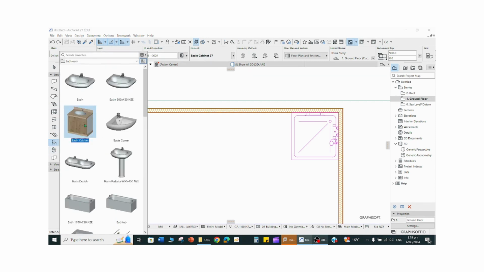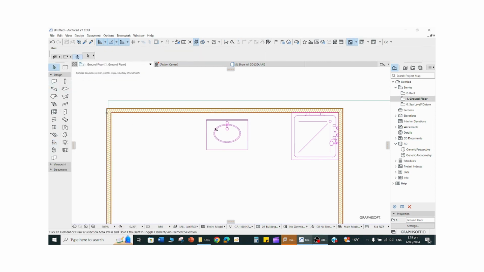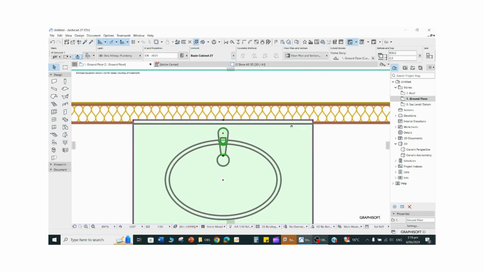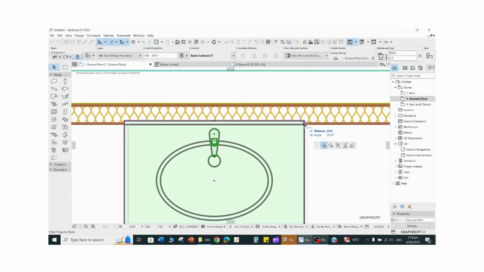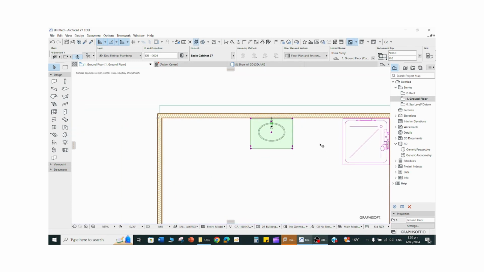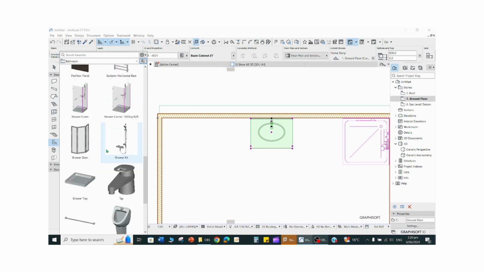go and click on the basin, double click on the basin, put it in there, go to my arrow tool, click on there, and then just move it into position, considering the space I have to leave open for the shower door. And I'll just make sure, see, it's a bit into the wall, so I can just put it a little bit out of the wall, and then if this door opens there, I'll put a toilet in there. So I'll go to my object tool, just double click on the toilet,